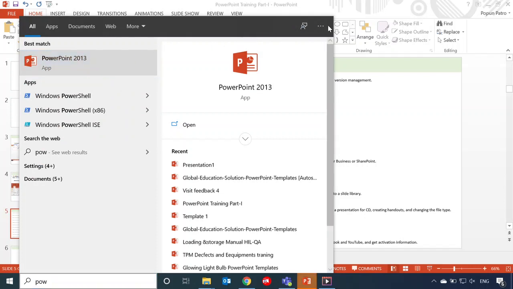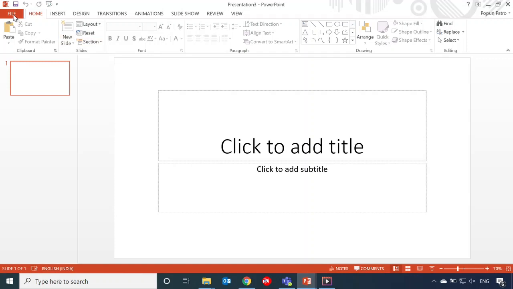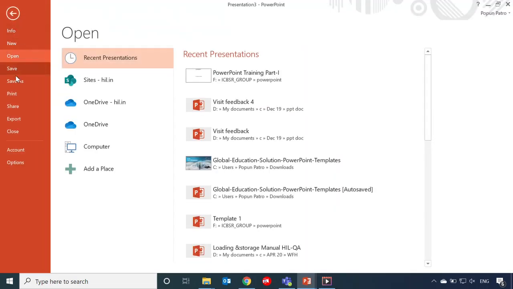Then double click on that. Blank presentation. So go to file, then info, new, here close, here is the account, and here is the options. So backstage view looks like this. We call it the backstage view.